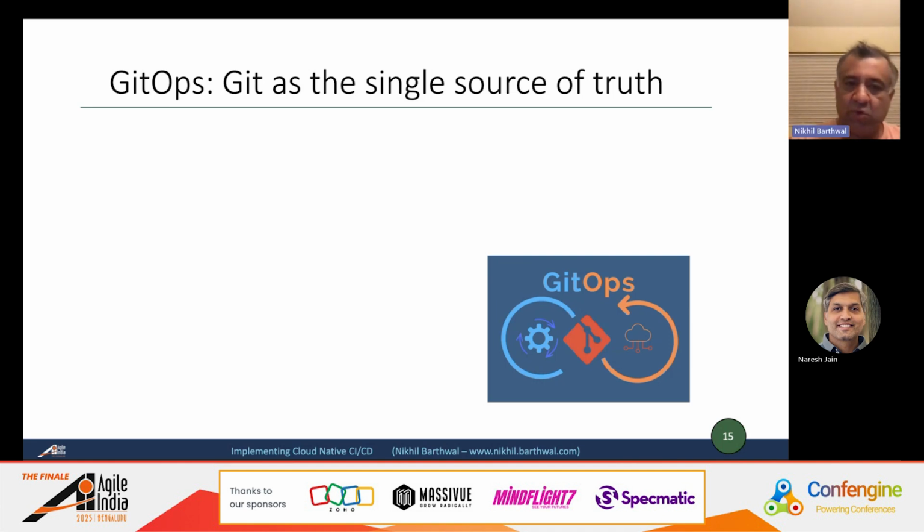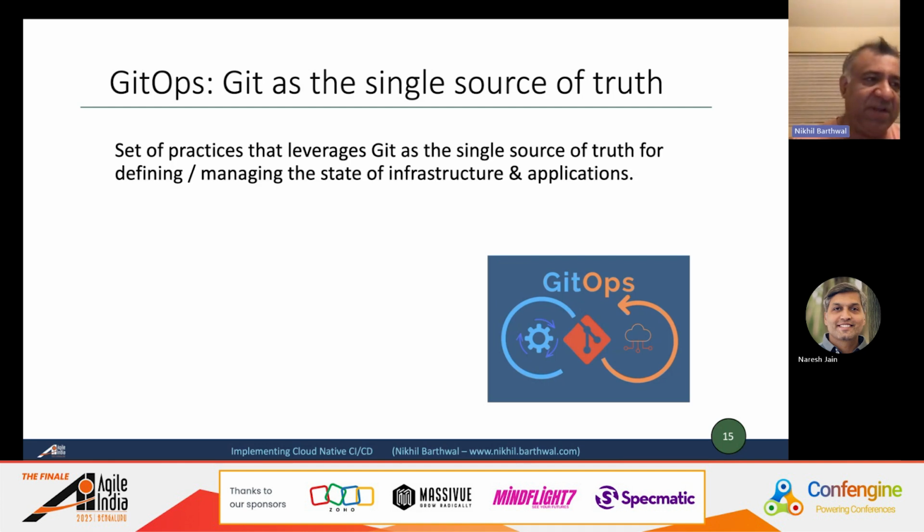This is where you'll store all your configuration. And then what you have is every time you make a change, you have a pull request, the system will pull it, redeploy, re-architect your config, re-architect your resources, etc., based on what you have described in your source code. So the textbook definition of GitOps is essentially a set of practices that leverage Git